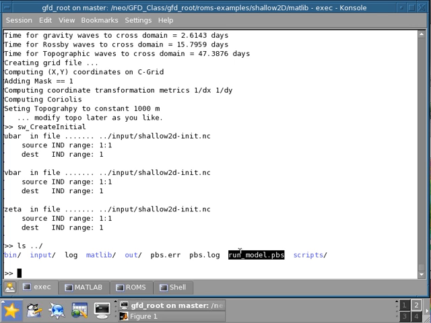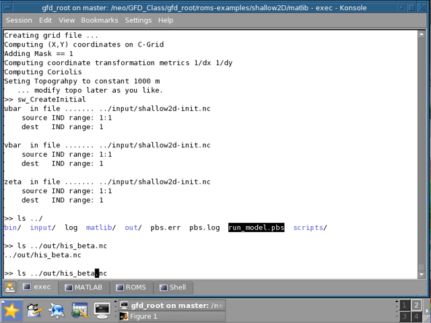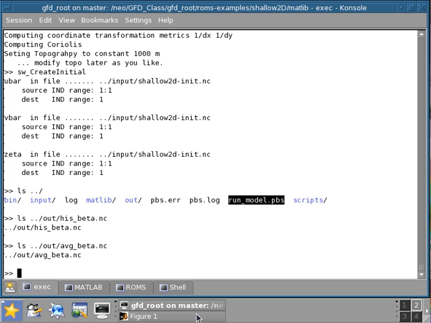Once the model is finished, I'm going to move the history files into the output directory. This history file here, I'm going to move it into his_beta.nc. I will do this for both the history file and for the average file. Since I've already performed these runs, if you do an ls, these runs are already there, and also the average file beta. I decided to call them beta simply because I'm enabling the beta parameter,